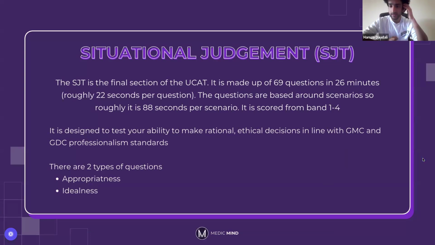Roughly 88 seconds per scenario, because it's 4 questions to a scenario. And it's designed to test your ability to make rational ethical decisions in line with GMC and GDC professionalism standards. There are 2 types of questions: appropriateness questions, where you have to determine whether a response to an ethical issue is an appropriate thing to do, or importance questions, where you have to determine whether